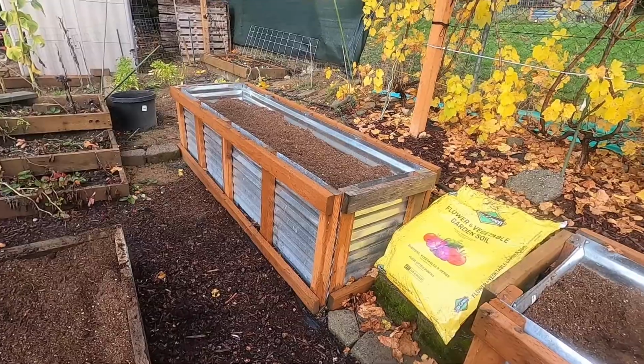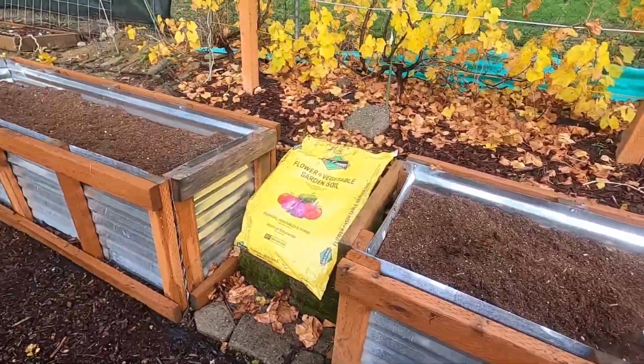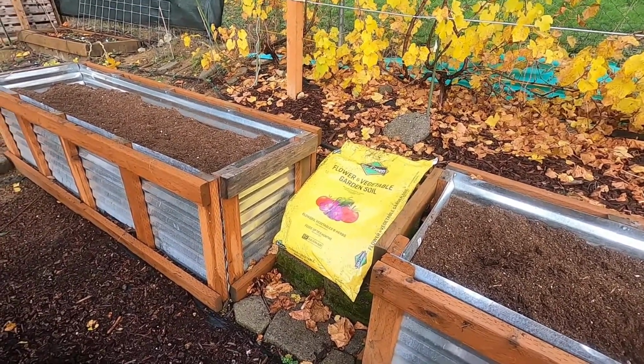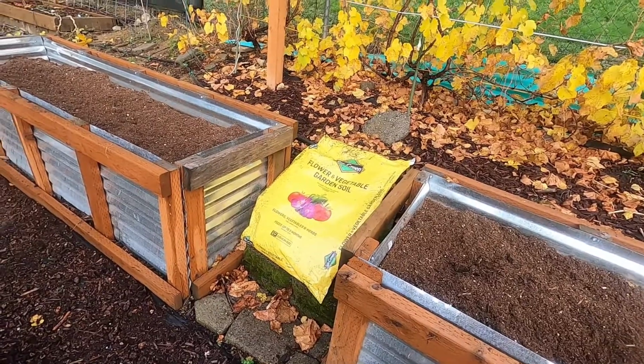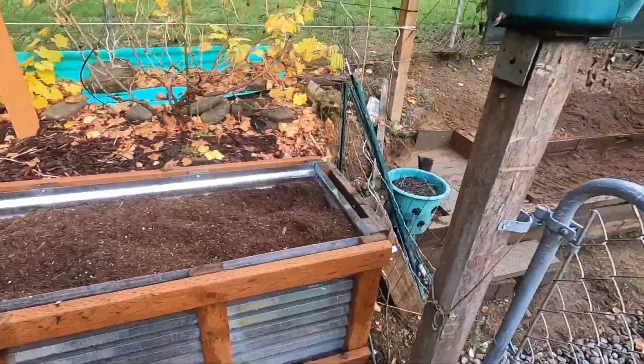For my 2 raised bed retaining walls, I added in 2 cubic foot Stay Green flower and garden soil. This stuff's okay. It's not the greatest on the market, but it's less expensive than all the others. For this area over here,